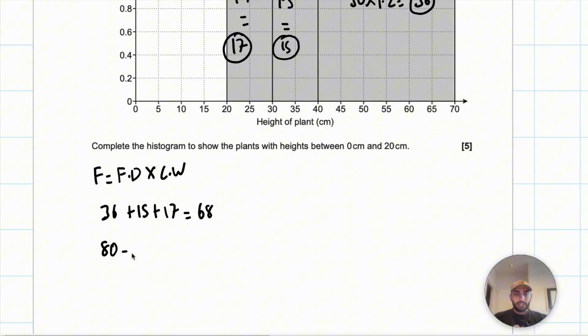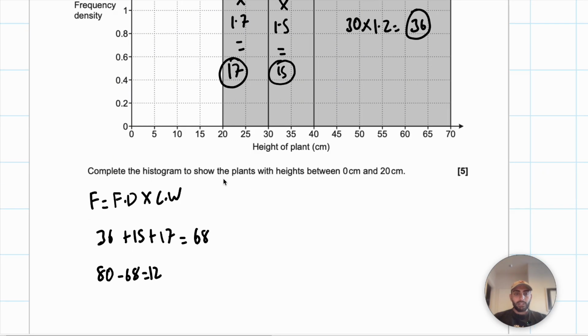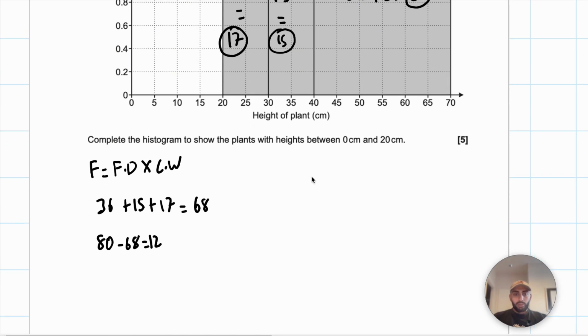I need to find 80 plants, so 80 take away 68 gives me 12. This bar needs to be equal to 12 plants. So let's use this formula. We know what the frequency is. The frequency is 12. The frequency density is what we're trying to find out, so I'll label that as x,